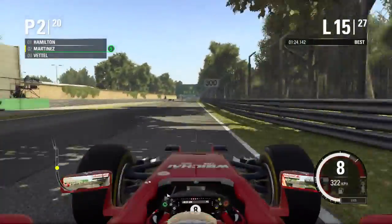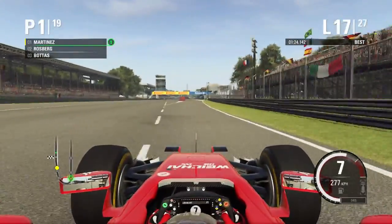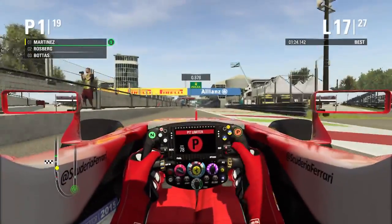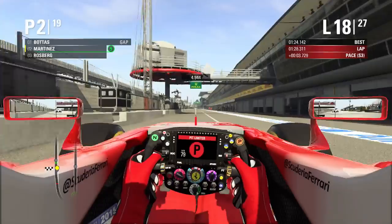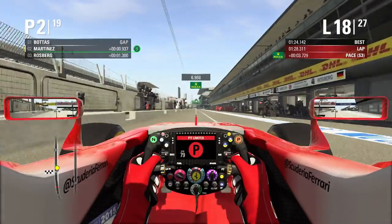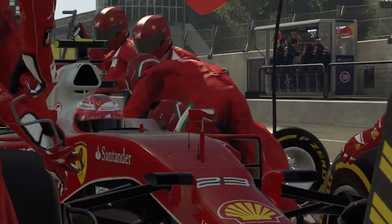So a very, very long battle, but finally we managed to come out on top there and take P2, and as you see, we now actually got up into the lead of the race because Hamilton actually pitted, I think, last lap, and we're now coming in to respond to Hamilton's pit stop at the end of lap 17, and we're going to go onto a set of medium tyres and basically go to the end of the race. So that's the strategy plan, and hopefully, fingers crossed, we don't get held up and the team can give us